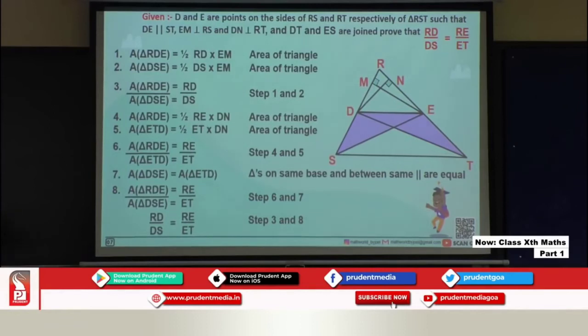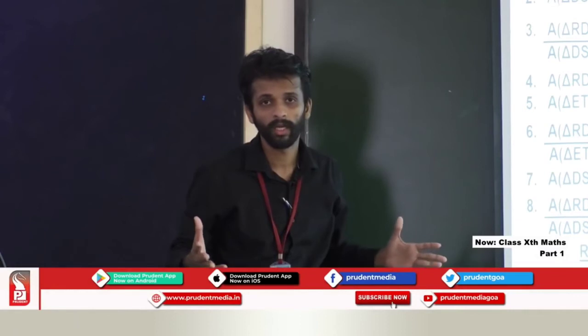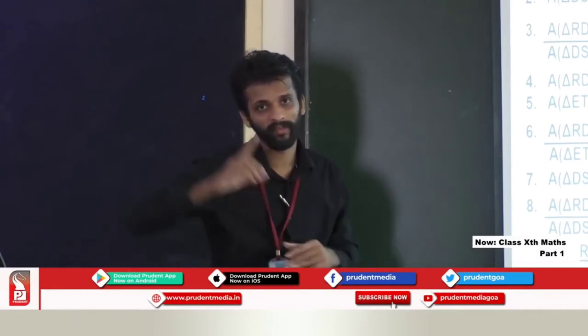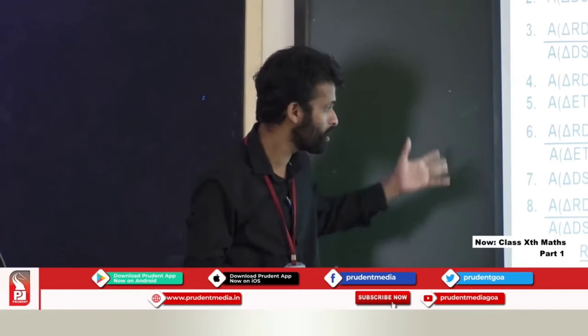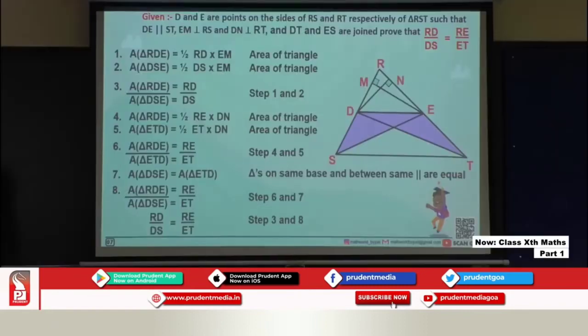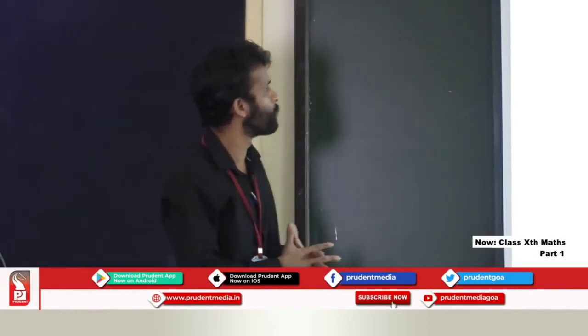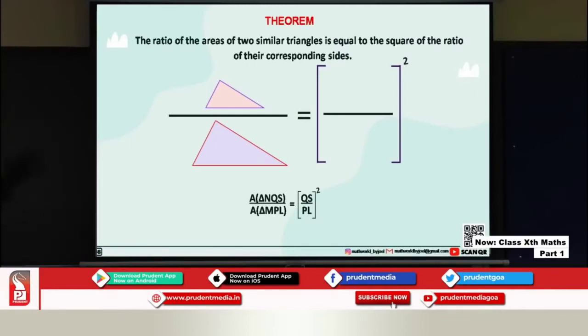So you need to keep in mind that those two triangles are equal, and why? Because they are on the same base and between the same parallels. Once they are equal, I can just equate it to the other steps, and then you are done. And it's that simple. So whatever Thales, the mathematician, said is proved, and I hope you have understood this entire proof. Alright, so let us study another theorem which says that the ratio of the areas of two similar triangles